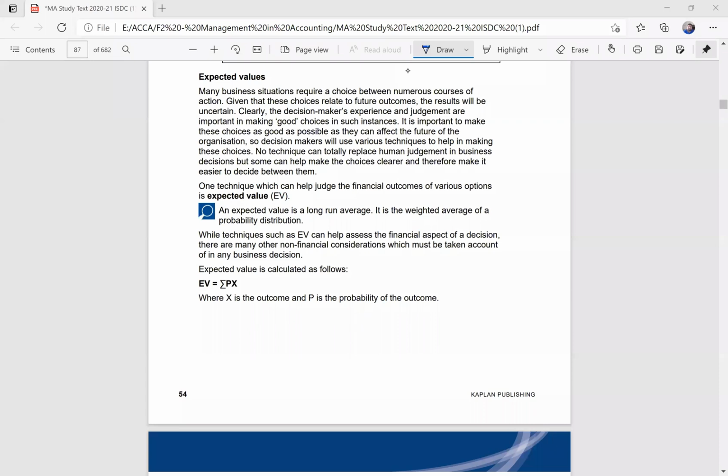Now coming towards expected values. In case of expected value, all you need to do is multiply the outcome that has a chance of occurring by the probability, and then you'll get the expected value. This technique basically tells you the chances, in the long run, of an outcome to occur.